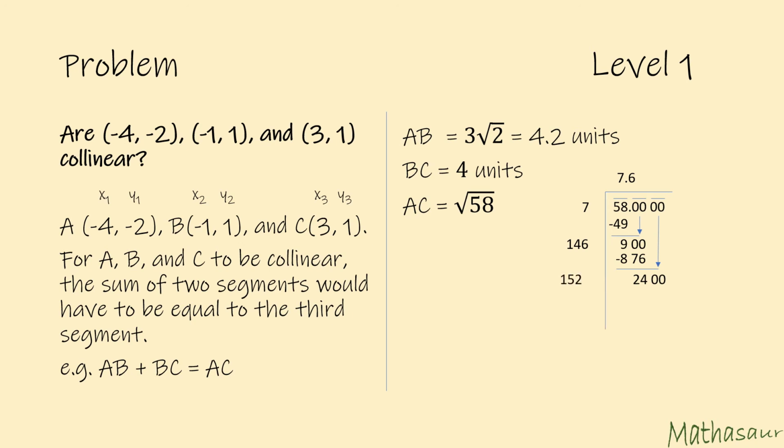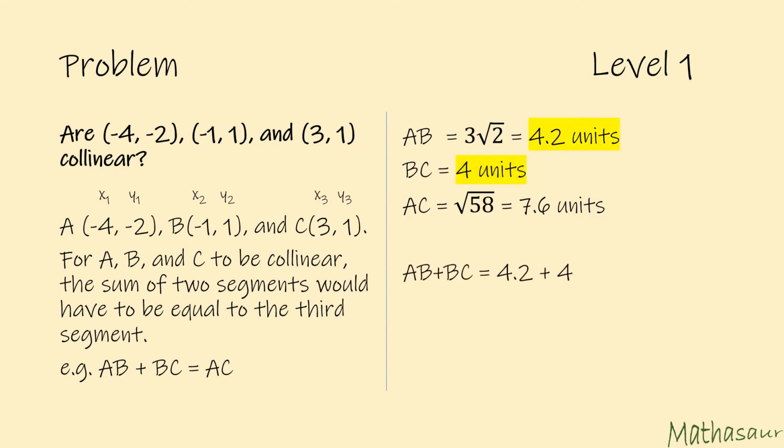Now look at the quotient again without the decimal. So 76 times 2 gives me 152. Now I have to put a number after 152 and multiply it with the same number to get something less than 2400. Let us try 1. So we get 1521 times 1 as 1521. So my square root of 58 comes out as 7.61. Let us round that up to the first place of decimal. So I get AC equals 7.6 units.